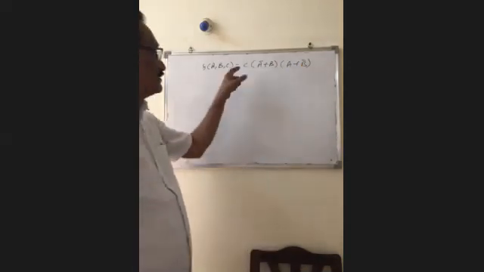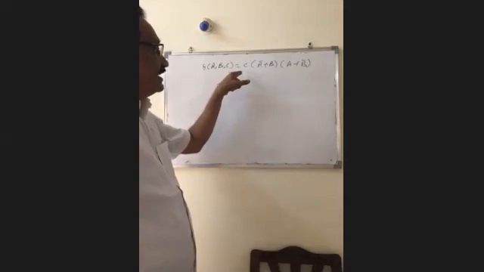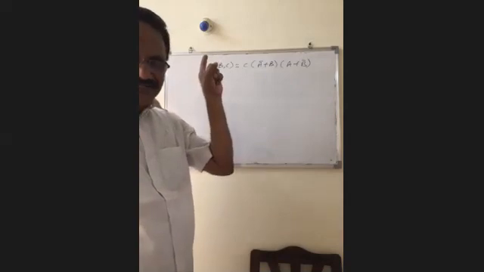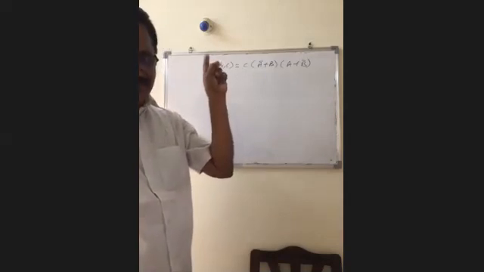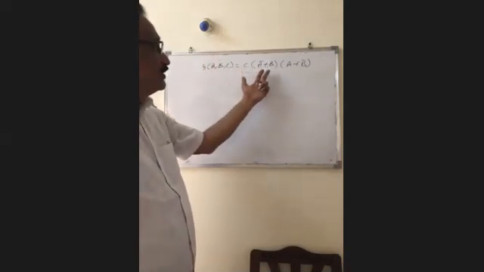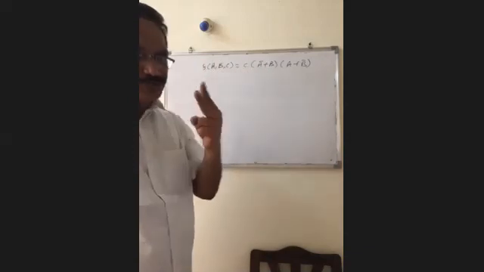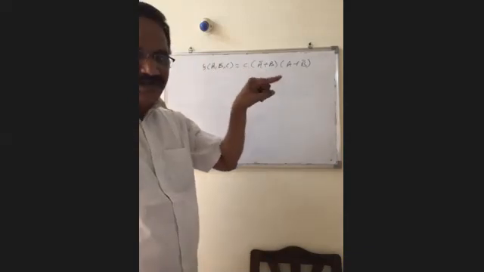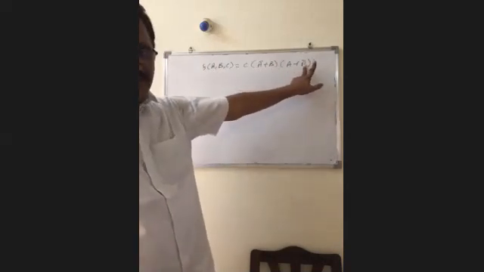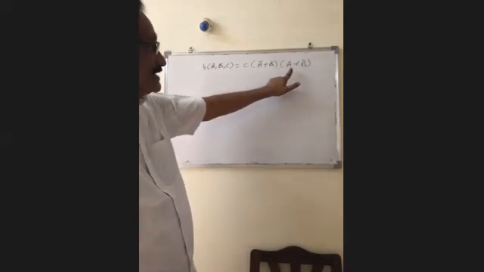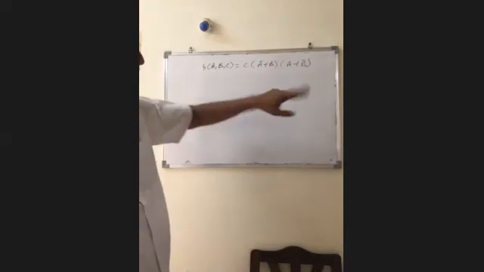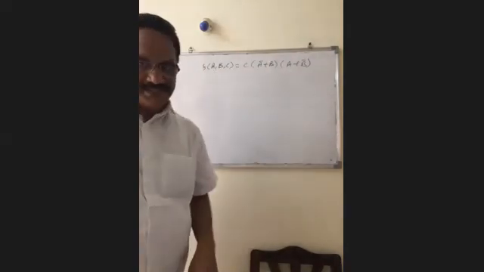So what is the procedure in this one? Two variables are missing. So for that one, we have to write four terms. One is C plus A bar plus B bar, C plus A bar plus B, C plus A plus B bar. The fourth one, C plus A plus B. Right, four terms for this one. In this one, only one variable is missing, C. So we have to write two terms, A bar plus B plus C bar, A bar plus B plus C. For this one, only one variable is missing. For that one also, we have to write two terms, A plus B bar plus C bar, A plus B bar plus C. Okay. Next, cancel the repeated terms and write the max terms.